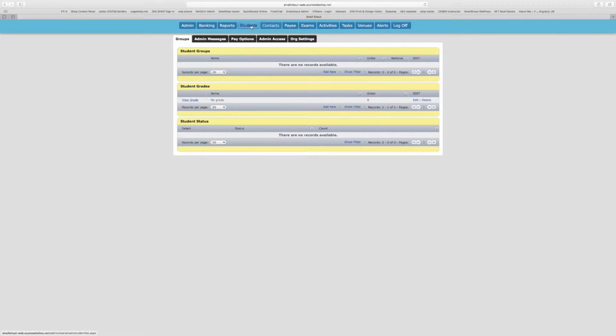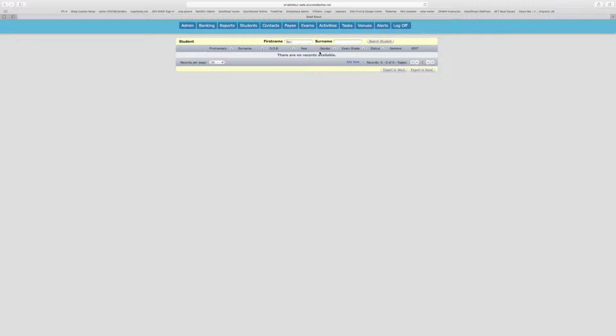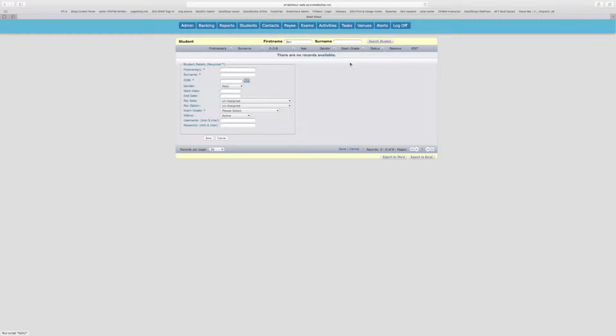Right, let's just go back to students. Now you notice I've never used the back button. I've always tried to go forwards. Again, using the back button can affect your data, so try not to do that. So I'll repeat the exercise. So Ben Small Shout,